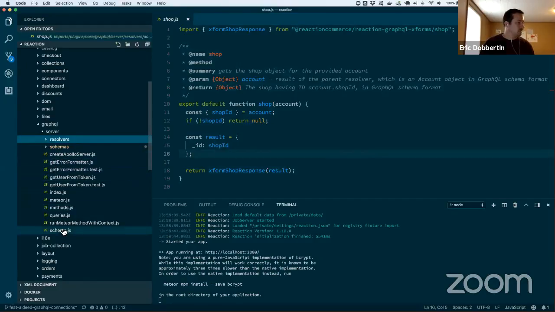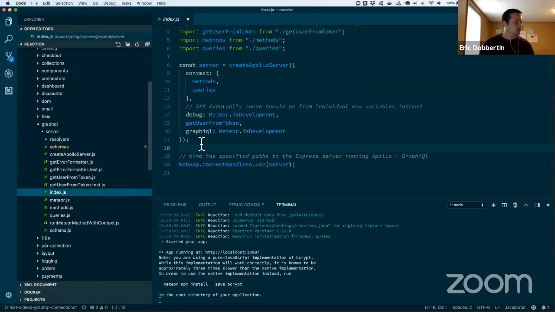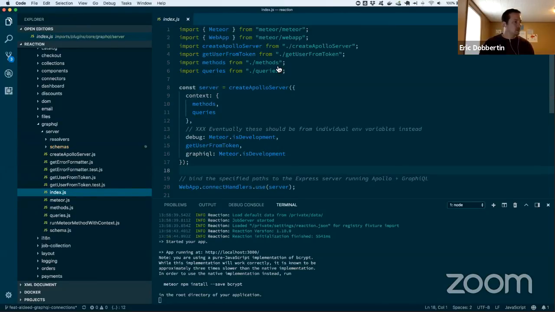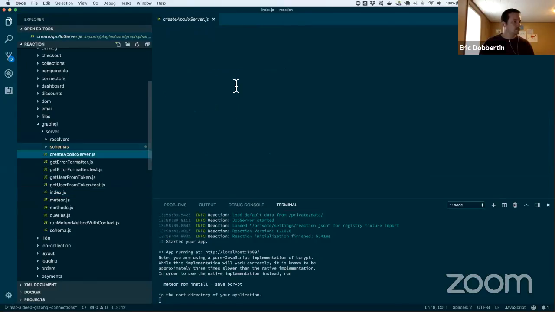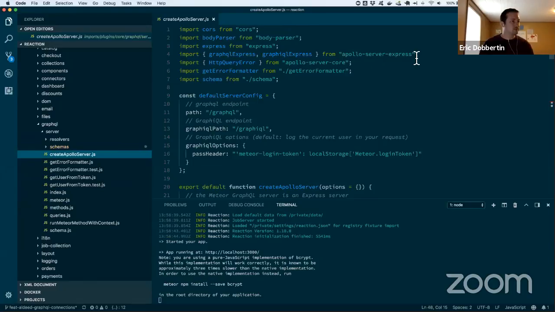The main place where the actual server is set up is in this index, and this is using, eventually you'll be able to see here, Apollo Server Express, Apollo Server Core, those kinds of things. So if you're familiar with Apollo.